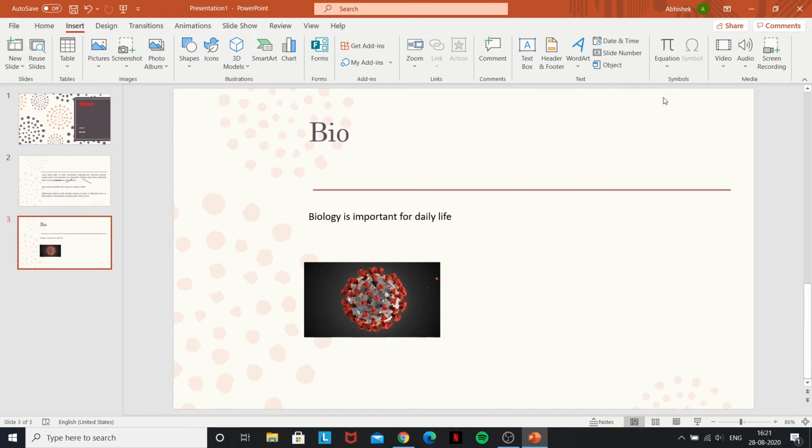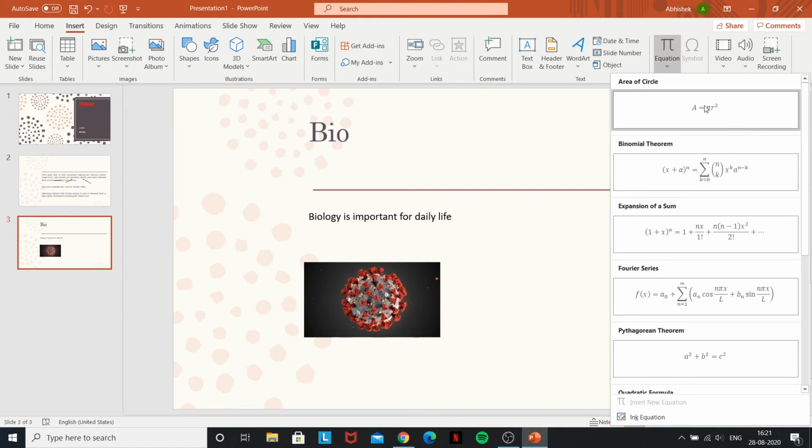And so what teachers usually end up doing is that they will take a digital whiteboard or a drawing application and they'll write down the equation with their mouse, or if they have a touchscreen device, they will use a stylus or their finger. And the reason that's not effective is because a lot of teachers aren't used to that. So the equation is not always clear for the students to see. So for that reason, we do have the equation option in Microsoft applications, which allows you to insert an equation, complex equations of your choice.